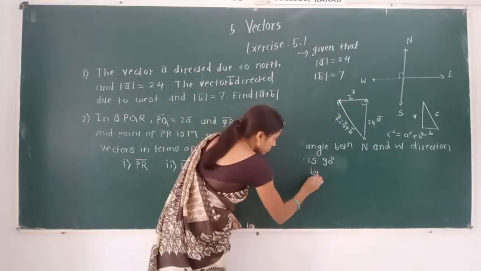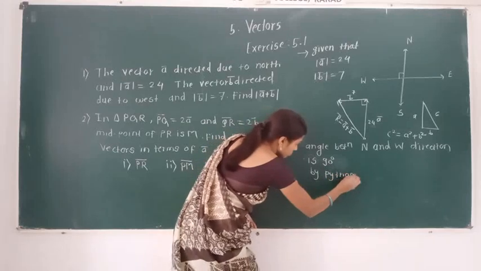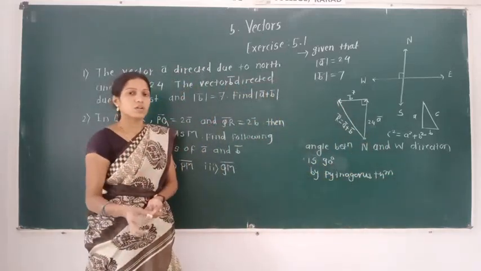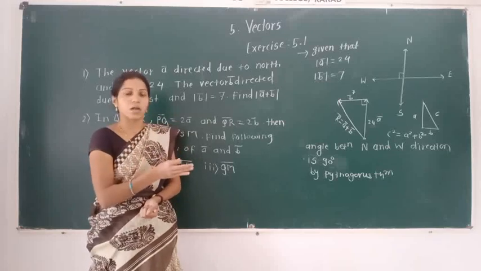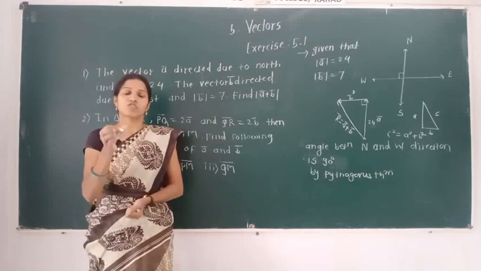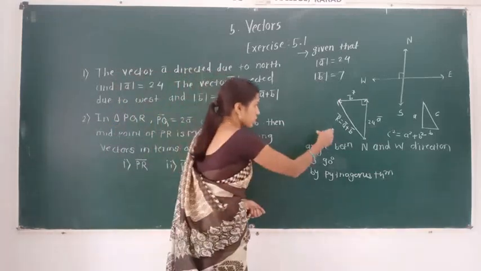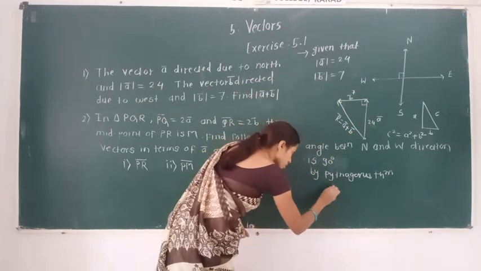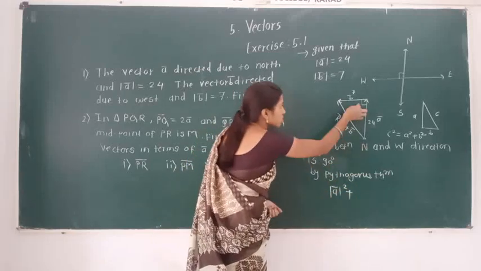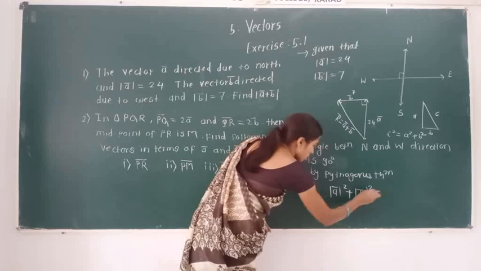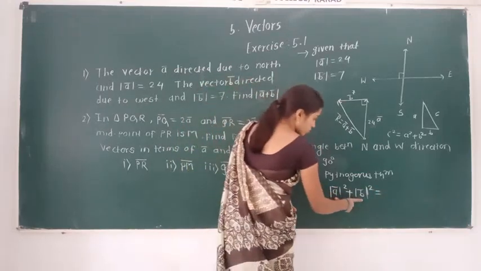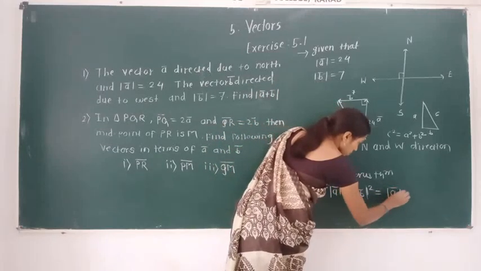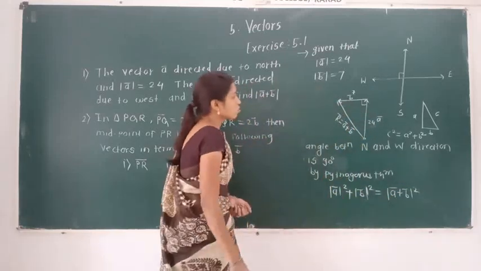So by Pythagoras theorem, in that case we take the magnitude. Here we do not have to take the vector, we have to consider its magnitude because magnitude is a scalar quantity. Okay, so here we take the square of the length of these two sides. Length of this side gives magnitude of A bar square. Length of this side we take magnitude of B bar square. And by Pythagoras theorem, the sum of the squares of these two sides equals the square of magnitude of A bar plus B bar. This magnitude is given as 24.